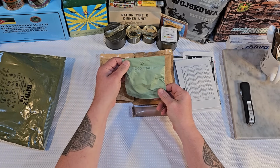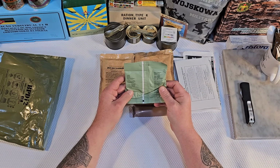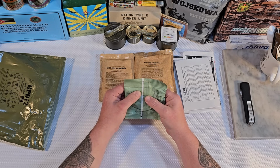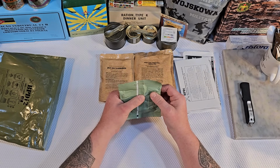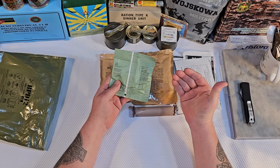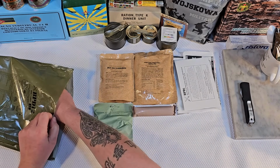And then we have, made by Food Force, and this is simply labeled dessert at 40 grams. I'm not really sure exactly what dessert it is. Feels like maybe some dried fruit, maybe nuts and dried fruit. Not 100% sure. We will certainly crack into this and check it out. But we got 40 grams of a dessert item, which chocolate's kind of a dessert item to me, but...